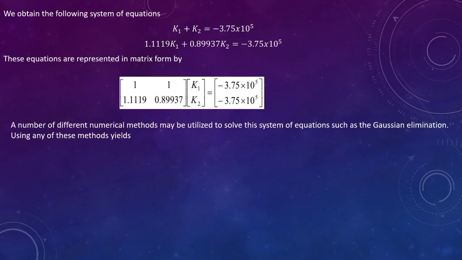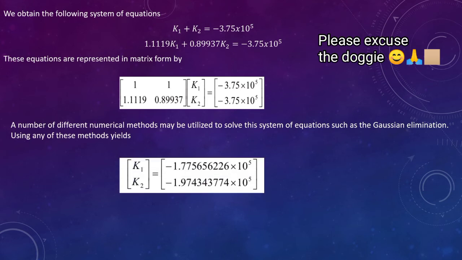A number of different numerical methods may be utilized to solve the system of equations, such as ligation and elimination. Using any of these methods yields, so after that we get the one in matrix form, then we use the solver mode, 5.1, then after we get the result, k sub 1 is equals to negative 1.77